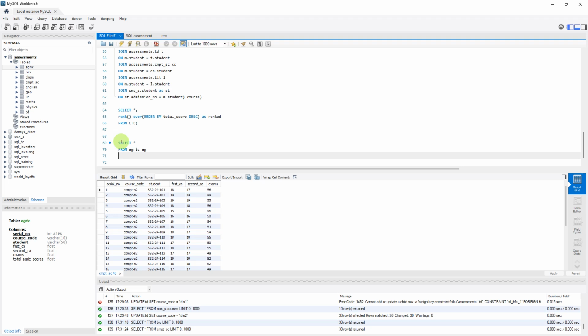Join, I'm not going to use inner join, I'll just say join, let's say the bio as B on. So what is the similarity? On AG dot, so I've given my Aggregate table an alias, AG dot student is equal to B dot student. And so if I run it,